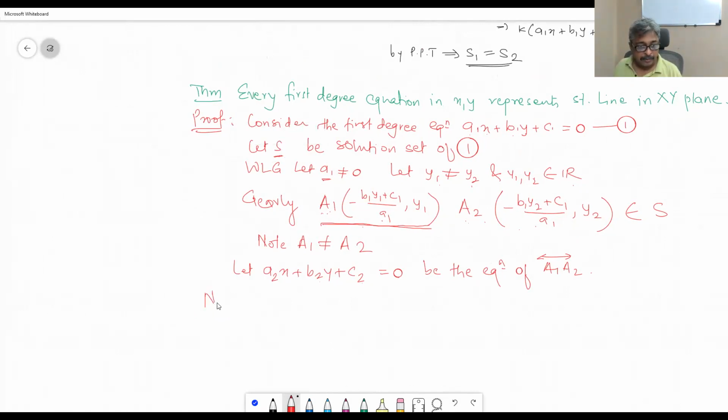Note that it is a first degree equation in x, y. Hence, A1 and A2 are two distinct